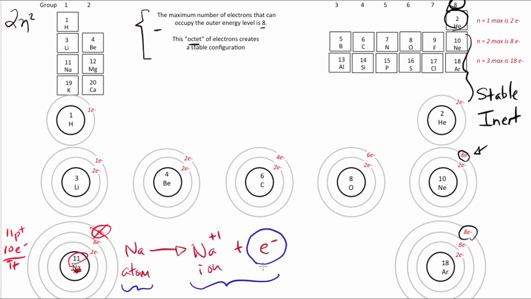It's just a thing. Notice that all of the group 1 elements have 1 electron in their outer energy level. And guess what kind of ions they're going to form? Each one of them is going to lose that electron to look like the previous noble gas,